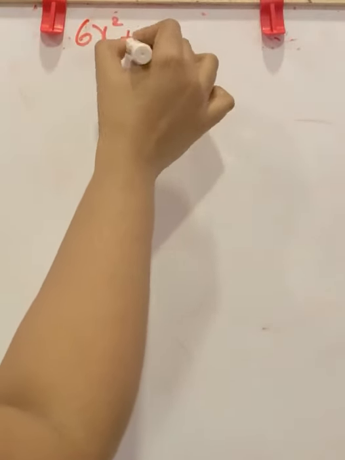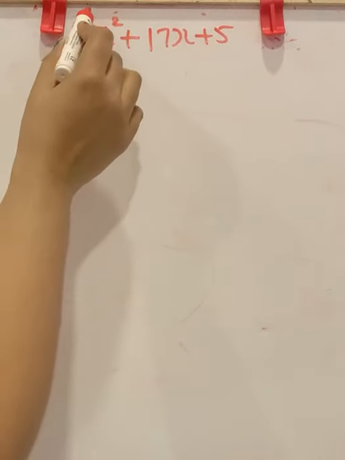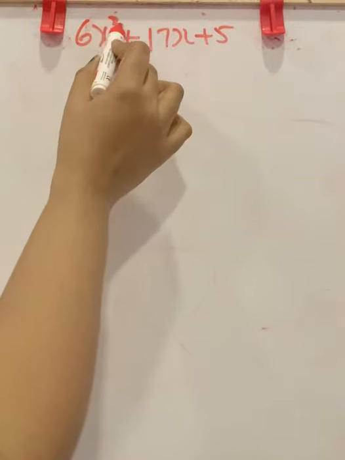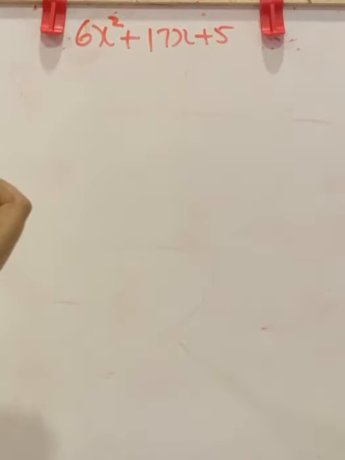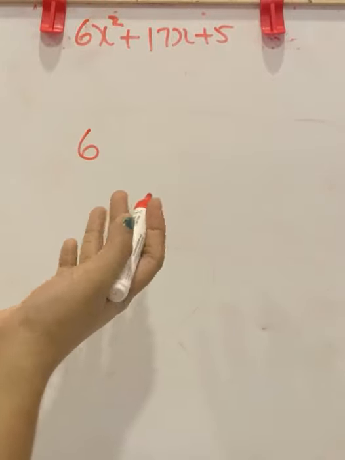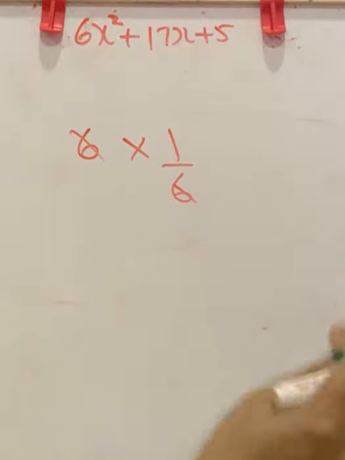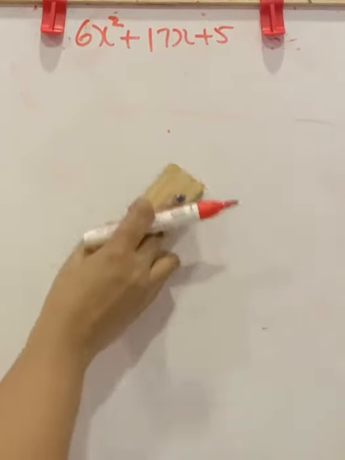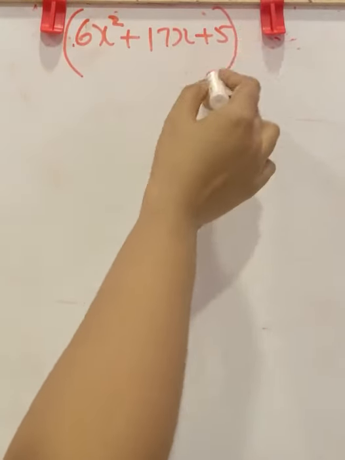Next, we will do another example to factorize using the factor theorem. The question is 6x square plus 17x plus 5. I told you before, we need the coefficient of the x square term as 1. So first we are going to cancel the 6 from here. How will you cancel it? To cancel a number with multiplication, you have to multiply with the reciprocal of that number, then it will get cancelled. So I am going to cancel this number by multiplying the given question by 1 by 6.